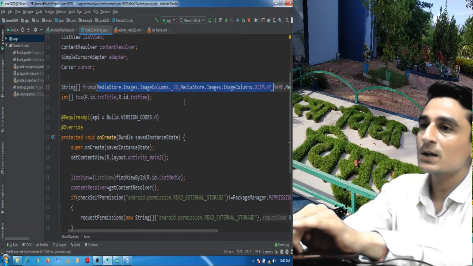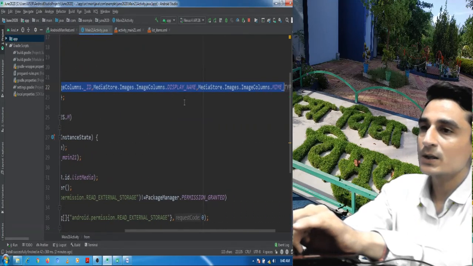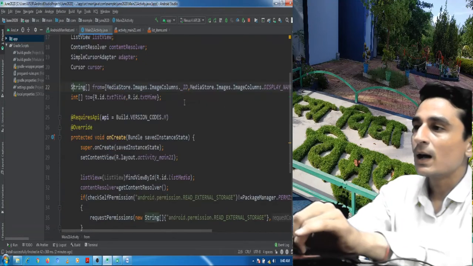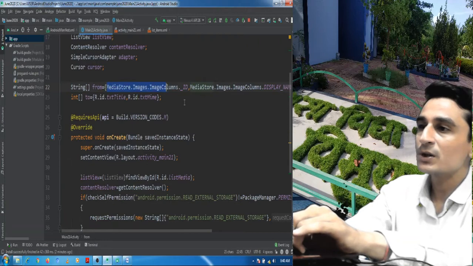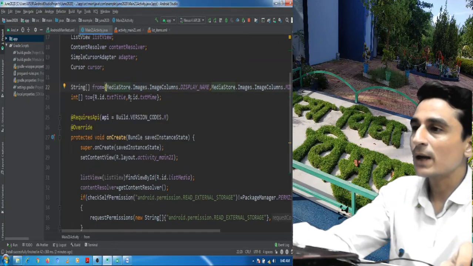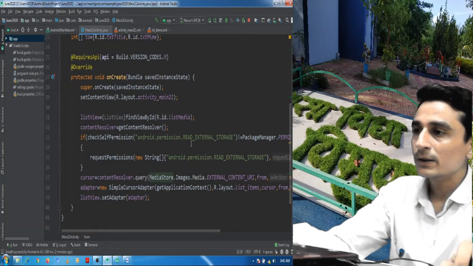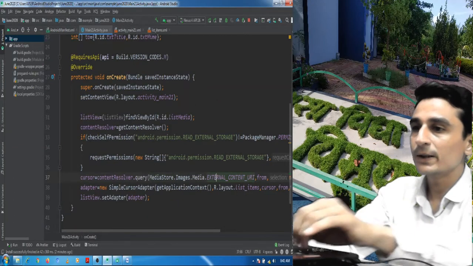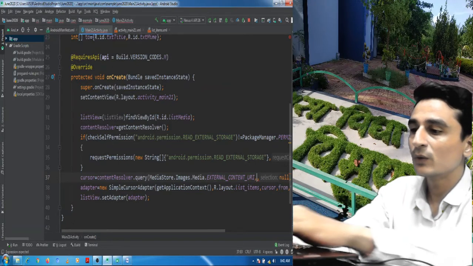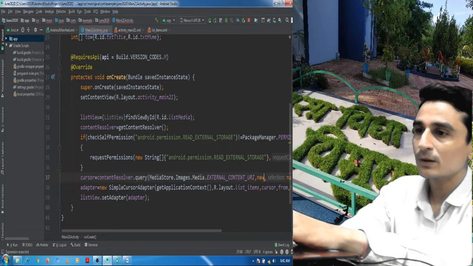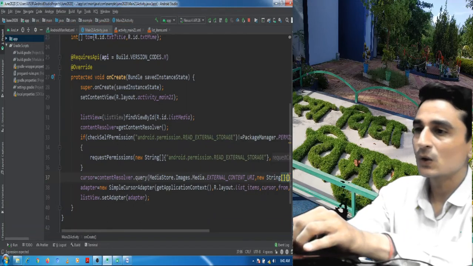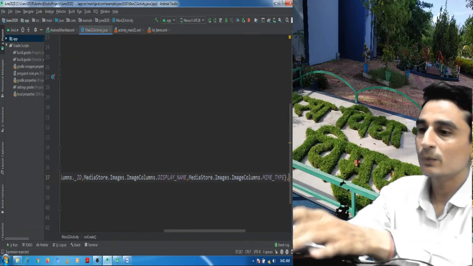first of all, let us copy all these columns. Yeah, all these columns are copied. Then I would remove this first column because the ID is displayed. I think this is the ID. We don't want that ID to be displayed. And here in our query, instead of writing this from, we would write new string array, and we will pass all these three columns as an argument.